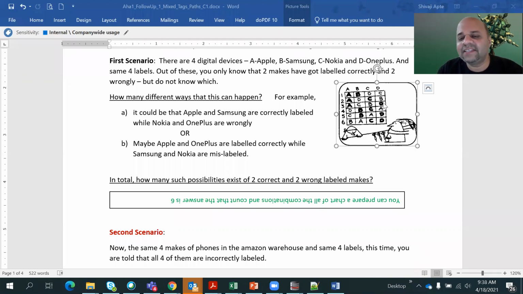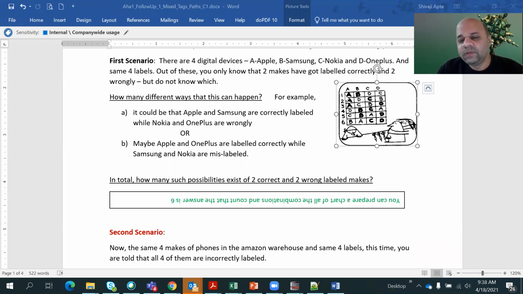Maybe B and something else. Now already B and C, there is one possibility. B and D, there is a possibility. B and A is a possibility, but we have already covered it, so we'll not count it again, right? So when we go to the next stage, along with B, there is one case that A could have been correct. We already counted that, but B and C or B and D, so now we have got two more possibilities. So 3 plus 2.